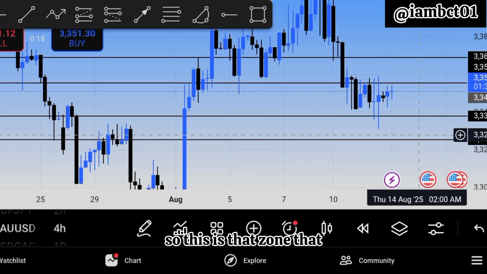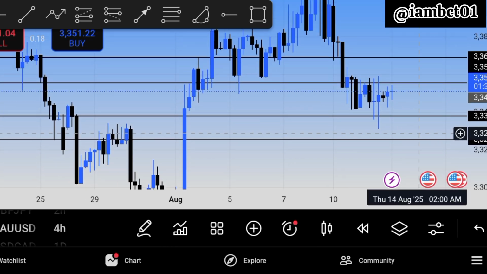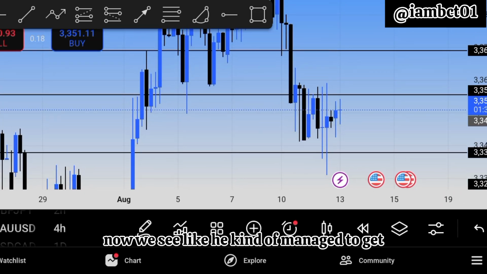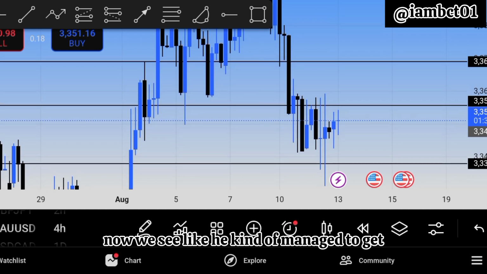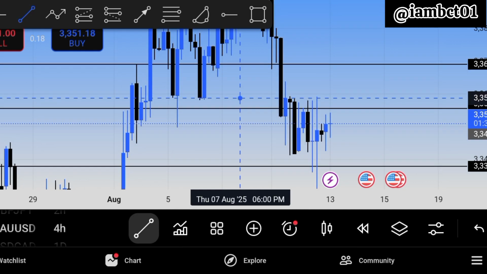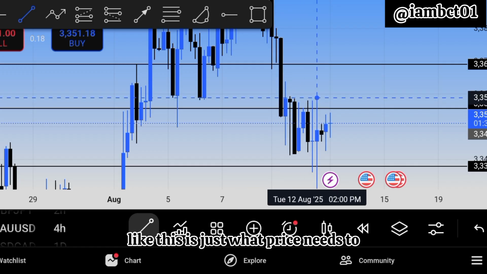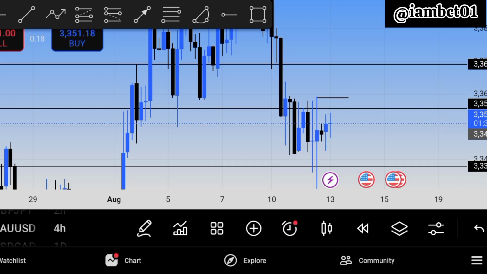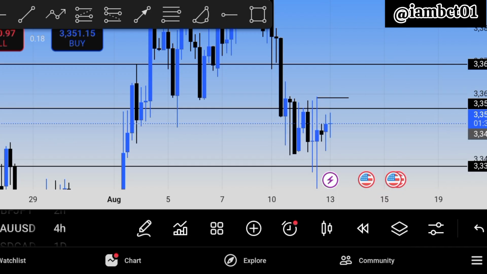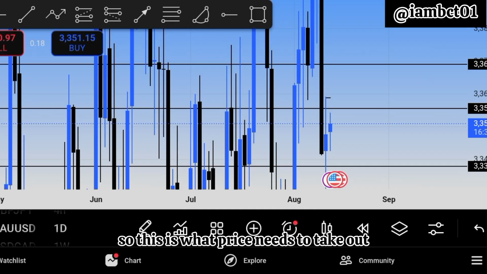So this is that zone that we traded out of yesterday. Now we see we kind of managed to get back to the same thing. This is just what price needs to take out, and there is already another block right here. So this is what price needs to take out,